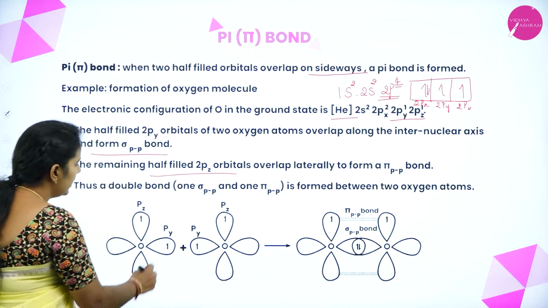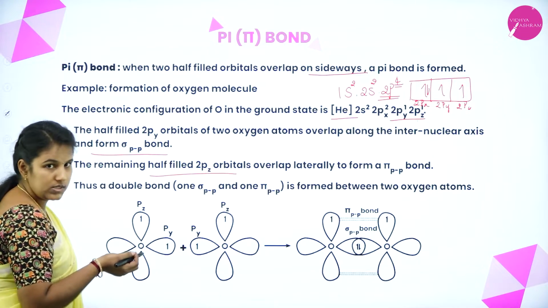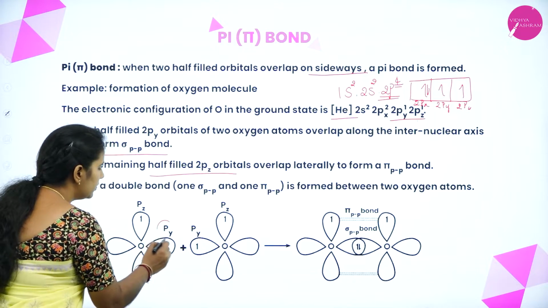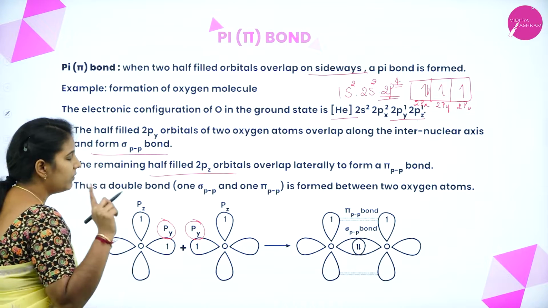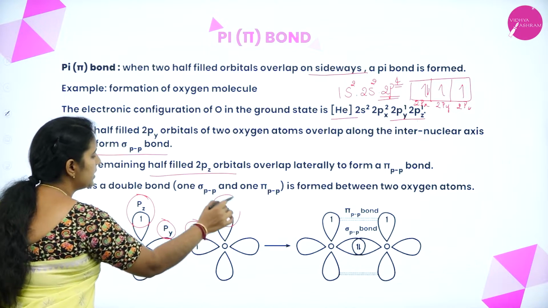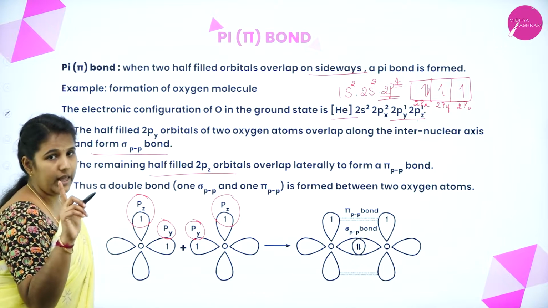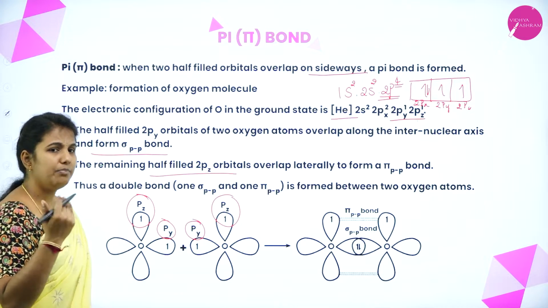You can see that there is one unpaired electron present in the oxygen atom, especially in the 2py, which consists of what? One unpaired electron. Similarly, the 2pz and 2pz each consist of one electron. These 2pz orbitals overlap themselves,